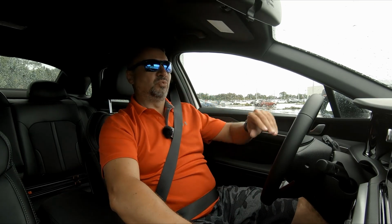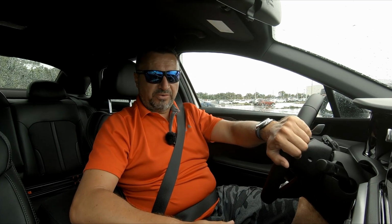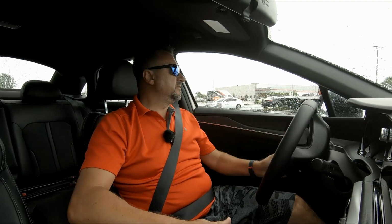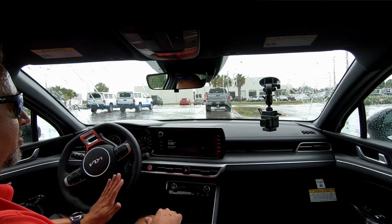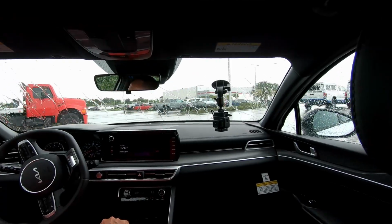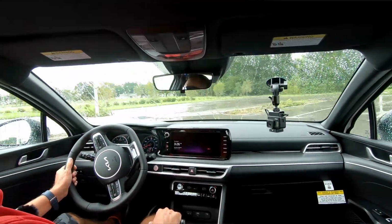Well, let's take this one for a spin really quick. Let's check out the turning radius first of all, and let's see how tight this vehicle is. Just to get the wipers on, what I'm gonna do is stop right here, turn the steering wheel all the way to the left, and count the parking spots. 1, 2, 3, 4. 1, 2, 3,